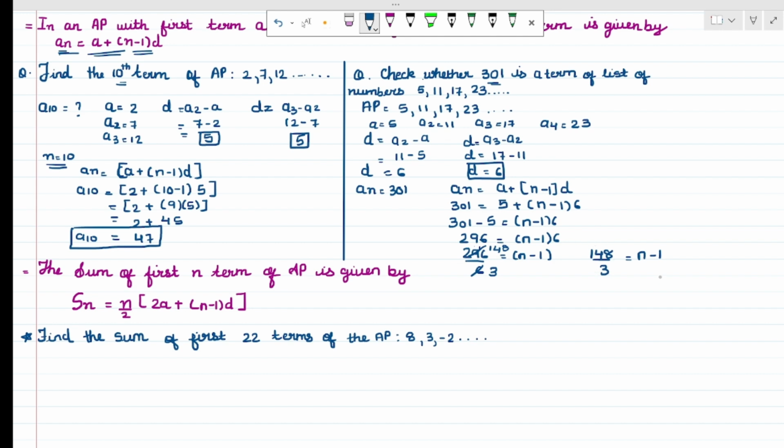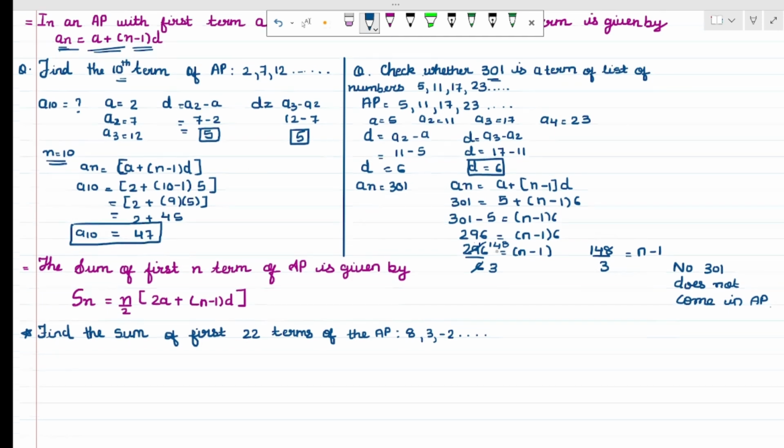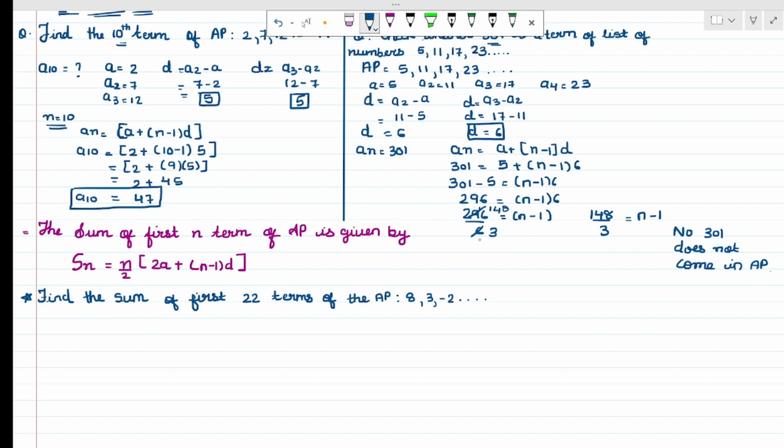So you can write over here, no, 301 does not come in an AP. Okay. Not come in AP. Clear? So for being the part of an AP, the number should be a whole number, not a